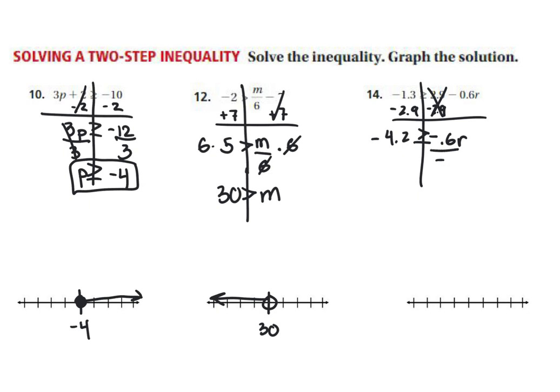Now we'll divide both sides by -0.6. -0.6 divided by -0.6 is 1, so you're just left with r. You did divide by a negative, so you must flip the sign. And 4.2 divided by 0.6 is 7, and a negative divided by negative is a positive. R is greater than or equal to 7, so your circle is filled in and your arrow points to the